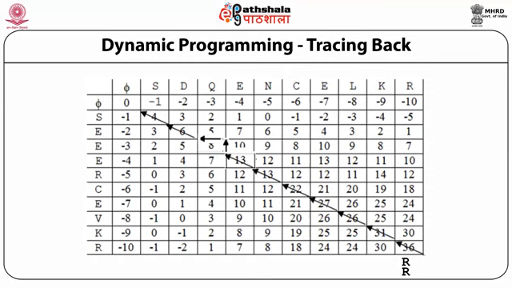Then follow to the previous arrow. The previous arrow is again diagonal. Therefore, include residues of both the sequences to align in the same column. Then follow the previous arrow again. The arrow is again diagonal. Therefore, include the residues of both the sequences to align in the same column again. In this way, continue till a horizontal or vertical arrow is encountered.